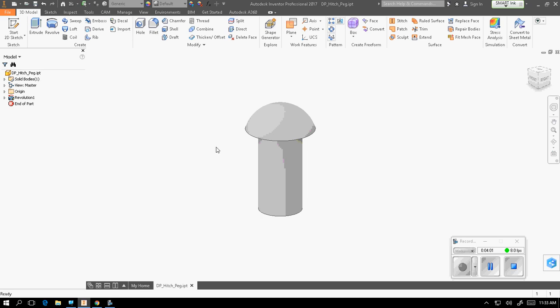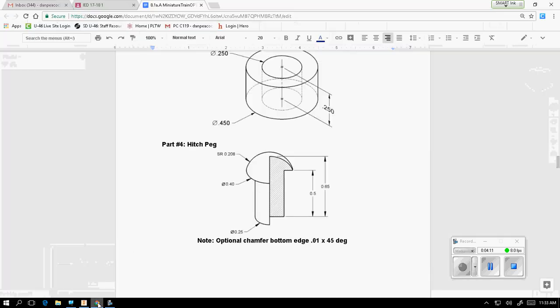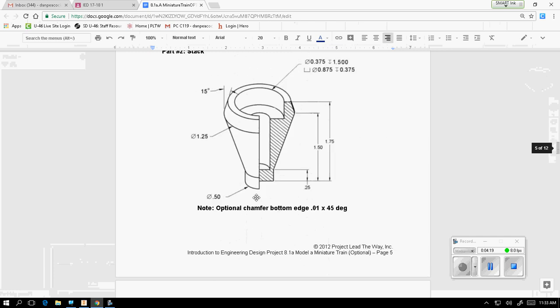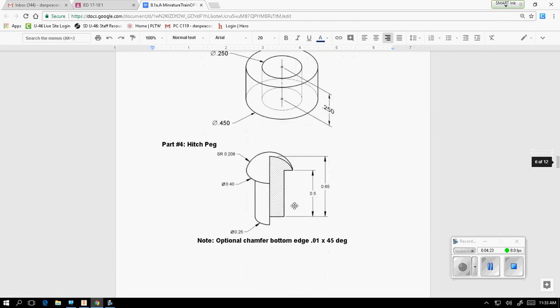Okay. Now, I forgot to do this on the bottom of the stack. So if you want to open up the stack and go back and add this, this has an optional edge at the bottom, which is called a chamfer. The one on the stack is the same thing. So if you want to open up the stack and do the same thing to the stack on this one,